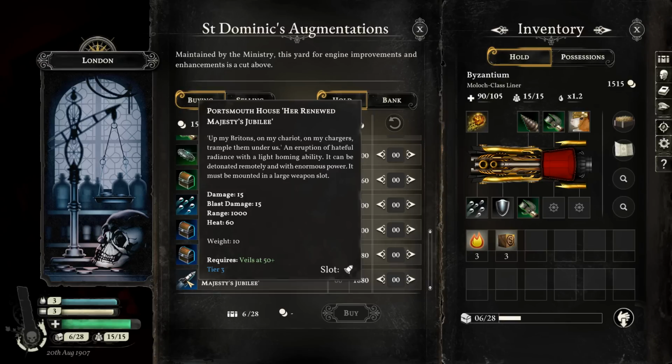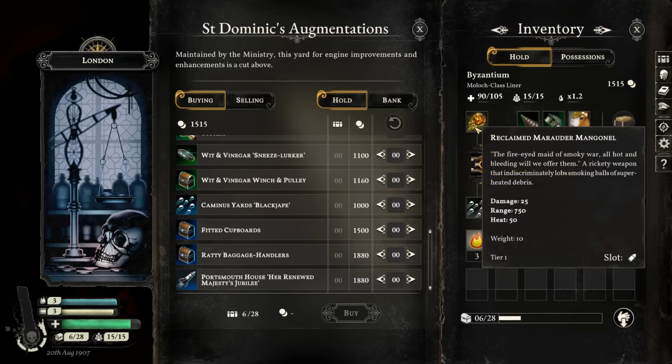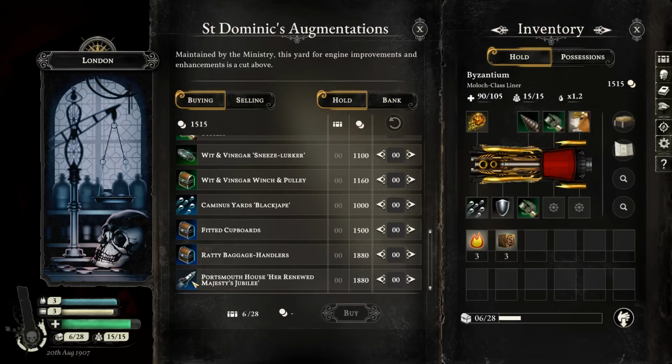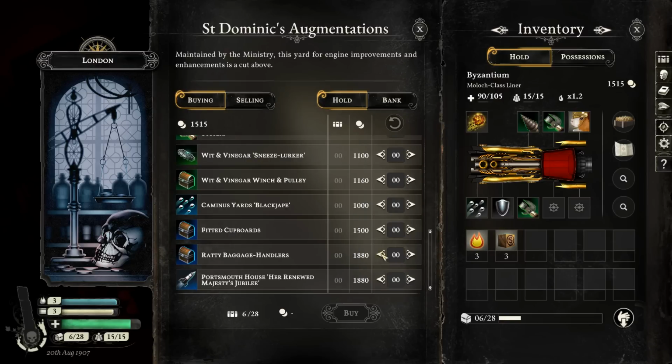So it does 15 damage with 15 blast damage. Assuming a target that's directly hit suffers both of those, it is a little bit more damaging than the mangonel, and the fact that it homes in is pretty cool. Okay, so if we wanted to buy both of these, we're going to end up a little bit short of